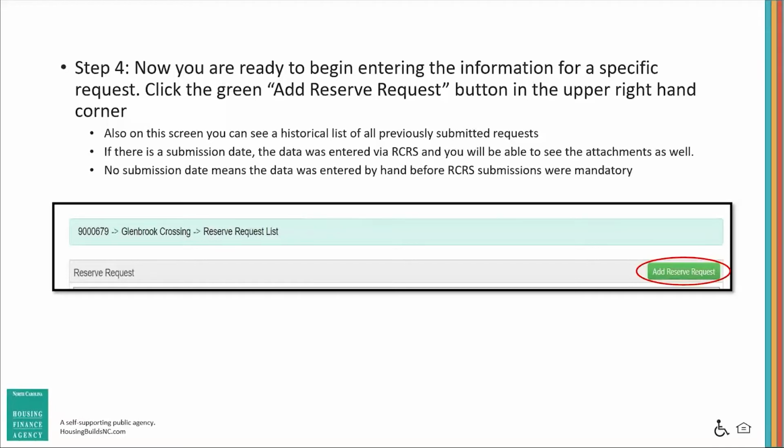If there is not a submission date next to the reserve request, that means it was historical data that the agency entered when we set up the reserves in RCRS, and all of those were done manually in-house, and you will not be able to see attachments or details. It will just be the submitted amount and the approved amount. So once you're ready, hit that Add Reserve Request button,